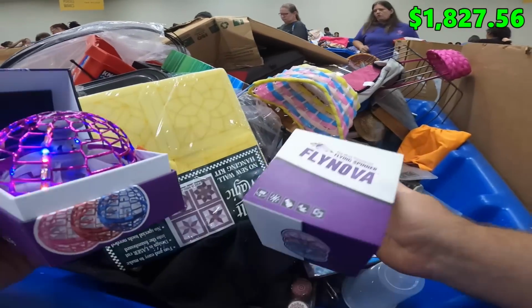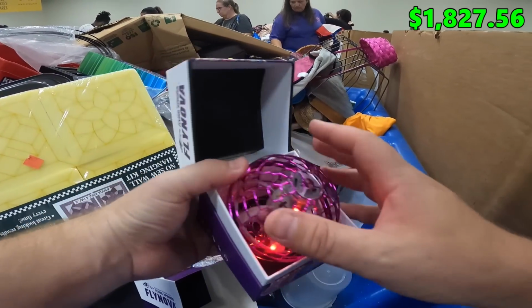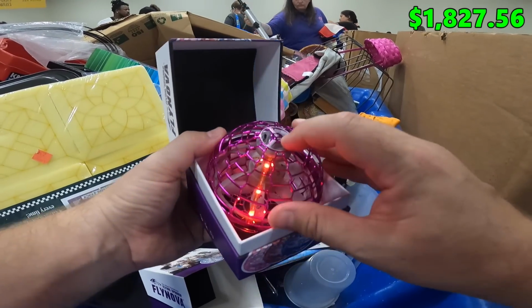So I just found this thing. I opened it. It's one of those flying spinner things, and I turned it on, and then it tried to take off on me. And I don't know how to turn it off, because every time I push this button...